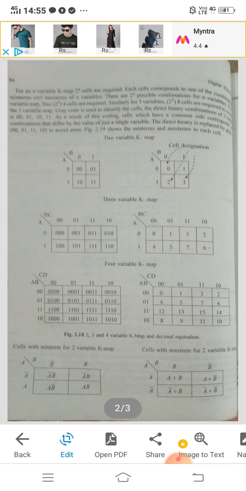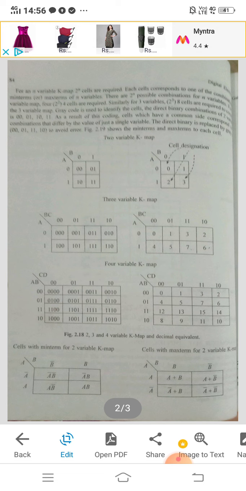For 2 variables, let A, B. So there will be 2 to the power 2 is equal to 4 cells. So we will divide into 4 cells. Then outside the grid we will write 0, 1, 0, 1. As it is SOP, we will make products inside and sum outside. So inside the cells, first multiply 0 dot 0, so it will become 0 0. Second, first we take the row, then the column: 0 1. Then 1 0, next 1 1.